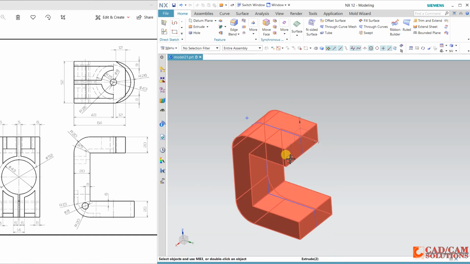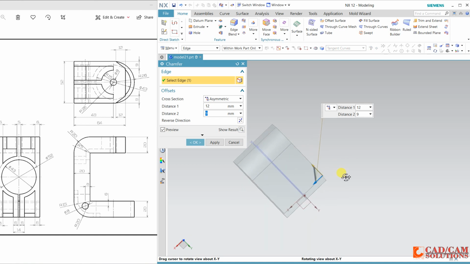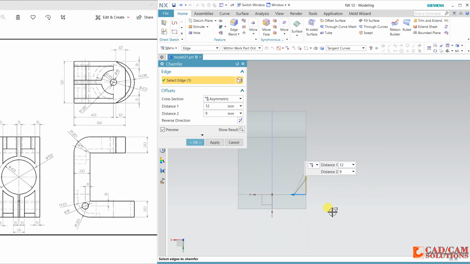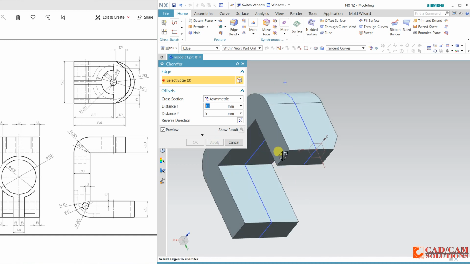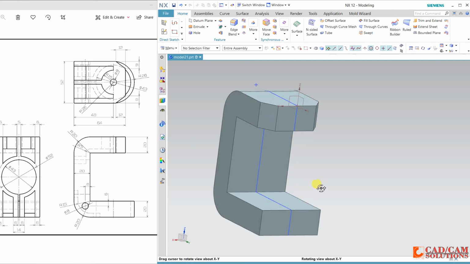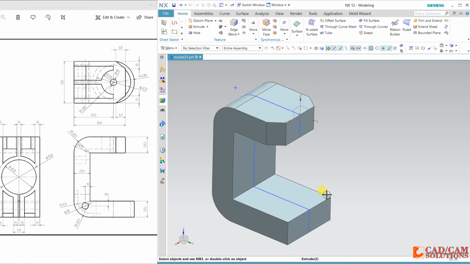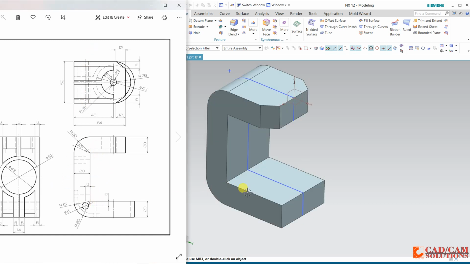See, we have some chamfer here, so select chamfer, and chamfer is axisymmetry and distance is 12. One side is 12 and second side is 9. Click here. Okay, apply. Apply, and same we will do with this opposite end. Flip it and okay. So chamfer is this. And now we have one circle and this circle is throughout. Okay, no problem.